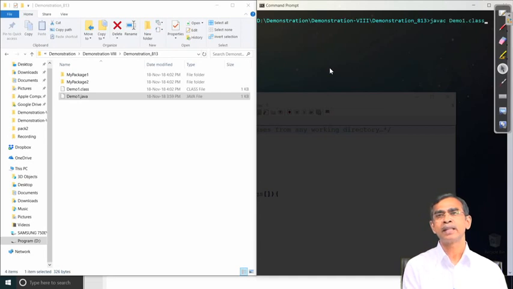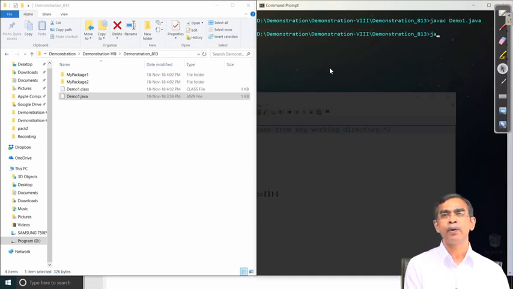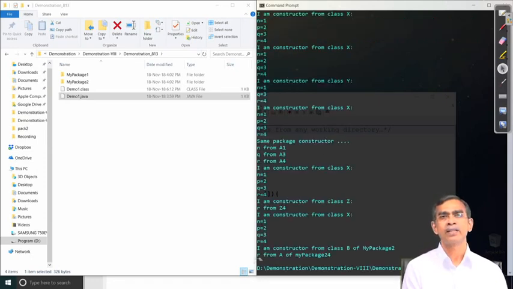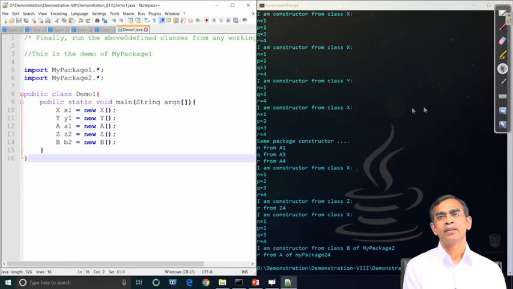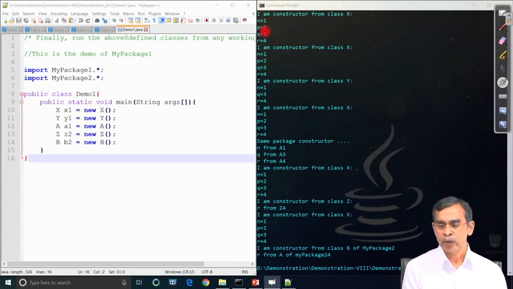So far as access specification is concerned, it is the information hiding concept. If you have understood the information hiding concept clearly, then you will be able to understand the concepts that are there in package. Package is basically a more advanced version of information hiding. So, this is the complete discussion about the package. Obviously, learning about the package concept can mature once you are involved in developing large software, but this is the basic beginning of the package concept, and that is fine.